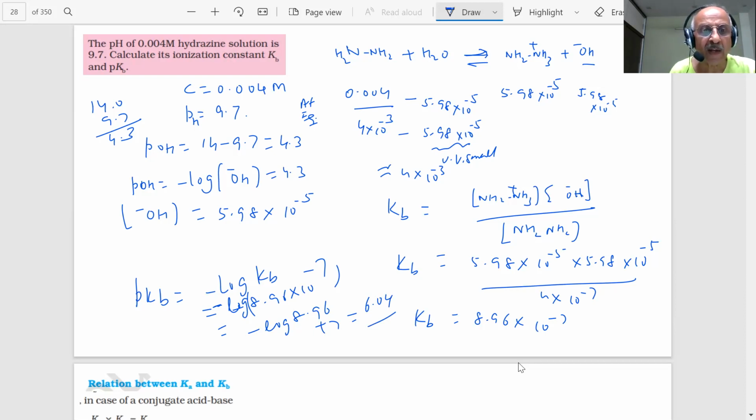Okay. So these are some of the ways, students, we can calculate the ionization constant, because these are important. In a lot of MCQs in competitions like NEET, you will get such questions, and we will have to solve them, students. The calculation may not be very difficult, but some amount of calculation will always be there. There is no question that is direct where you can just see the answer.